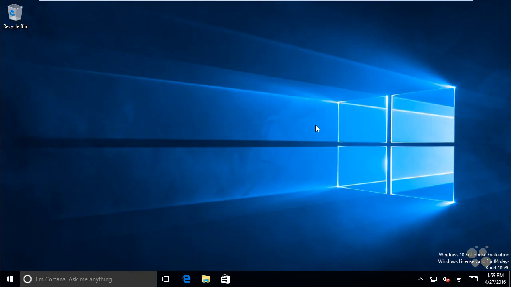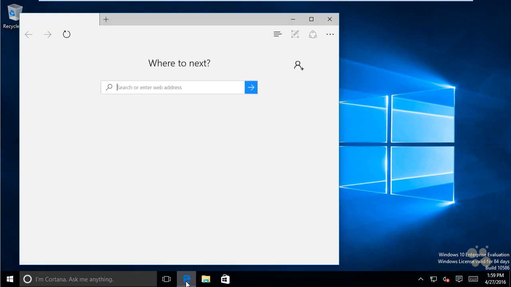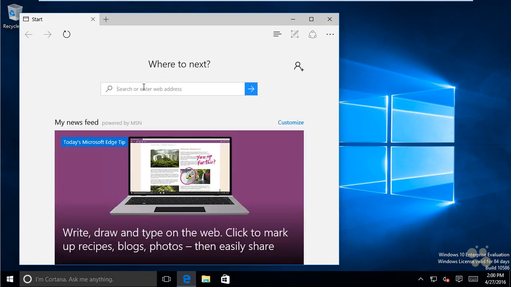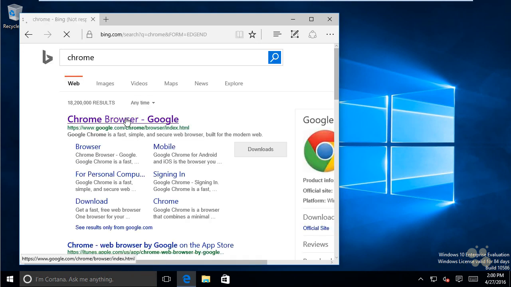So we're logged in as Bob. I'm going to go ahead and bring up Edge, and I'm going to use Edge to go ahead and get Chrome, because that's what I like to use. So I'm going to type in Chrome, press enter, click on the link for Chrome,